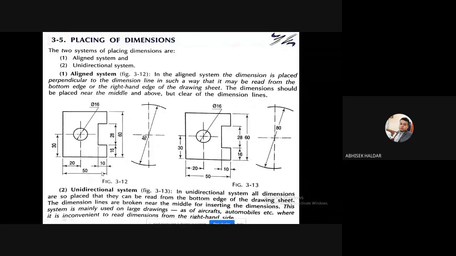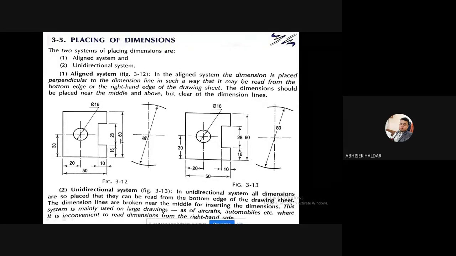Now for the vertical dimensioning, these parts are vertical dimensioning. What you have to do? Similarly, you have to draw extension lines like this, and you have to place the dimension line also. Then how to write these dimensions? You can see there is a particular format followed over here. The value should be written above the line from your right.